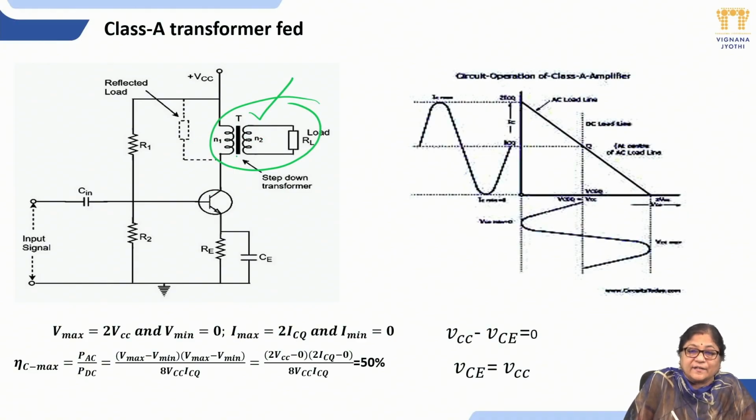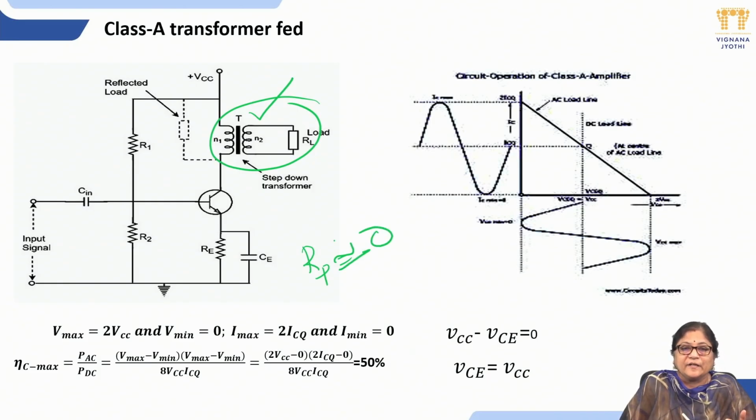So RL becomes, because of the primary resistance, the resistance of the primary of the transformer will be very, very less. So it is approximately taken as 0. Because the load is 0, now if you write the output loop equation for this one,